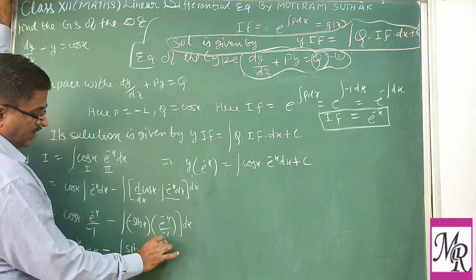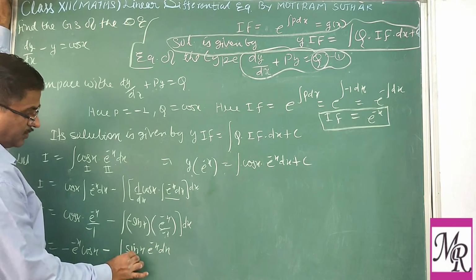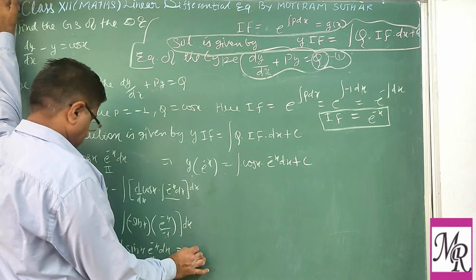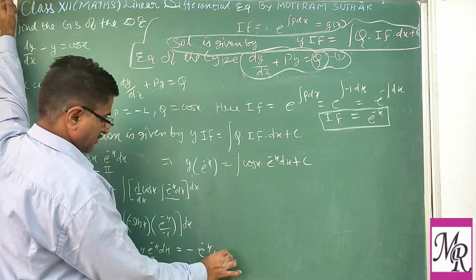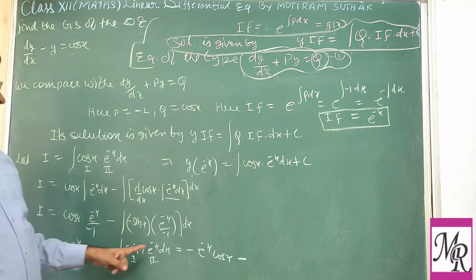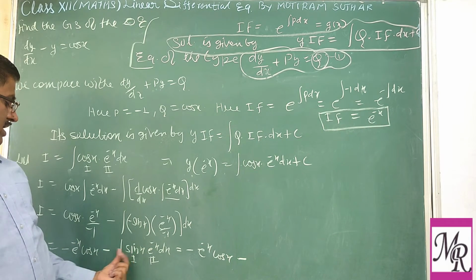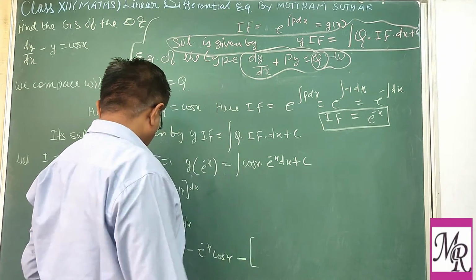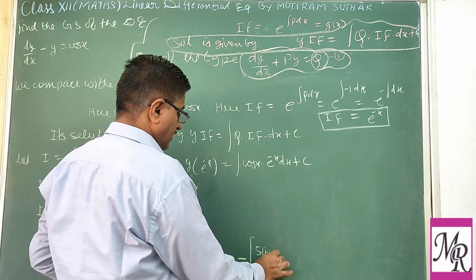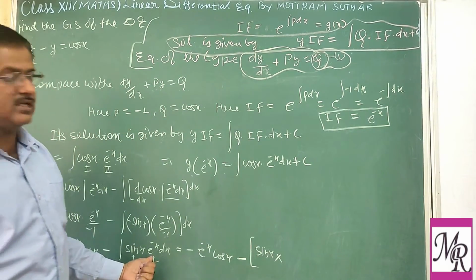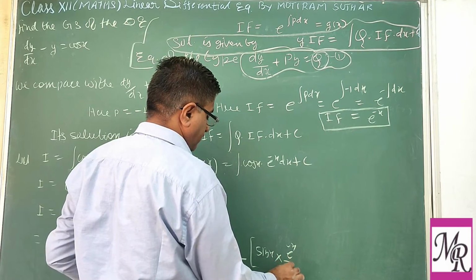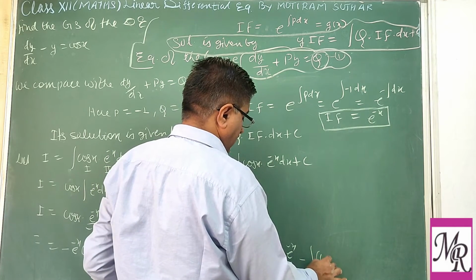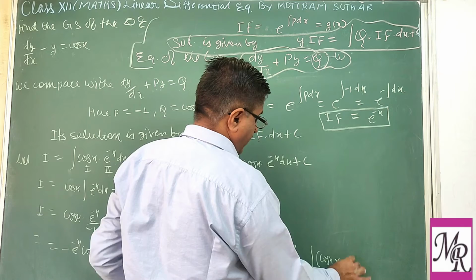sin x. Now this again you can integrate using the product rule, using the same method. This is the first function and this is the second. So minus e power minus x cos x minus, now we use the formula again. Before that, minus 1, so you can use a bracket so there will be no confusion. In the bracket: first function, integration of second, that is e power minus x, whose integration is e power minus x upon minus 1. Then minus the integration of the derivative of sin, that is cos x, times the integration of e power minus x.